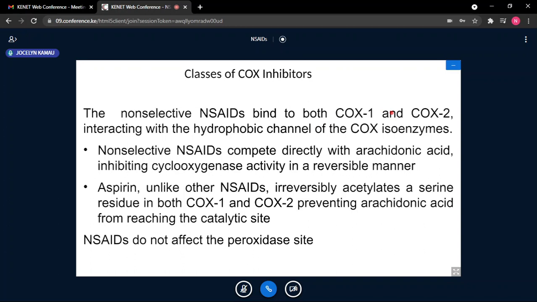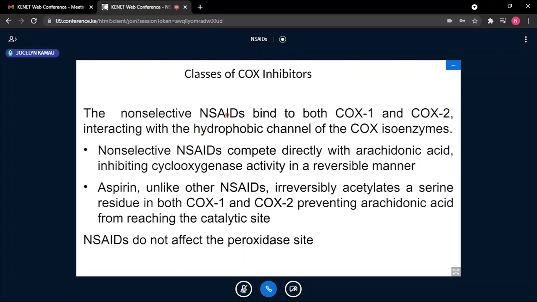Isoenzyme meaning you have the COX-1 and COX-2. So they bind those hydrophobic areas within the enzymes, which are bound by these drugs. This means for them to bind a hydrophobic area, the drugs must also have a hydrophobic area, because hydrophobic areas are usually bound through hydrophobic bonds. When you look at the structure of arachidonic acid and the structure of the non-steroidal anti-inflammatories, you see similarities in the structure of the two.